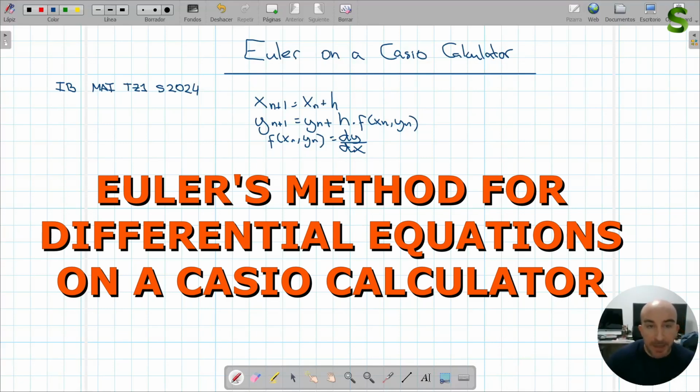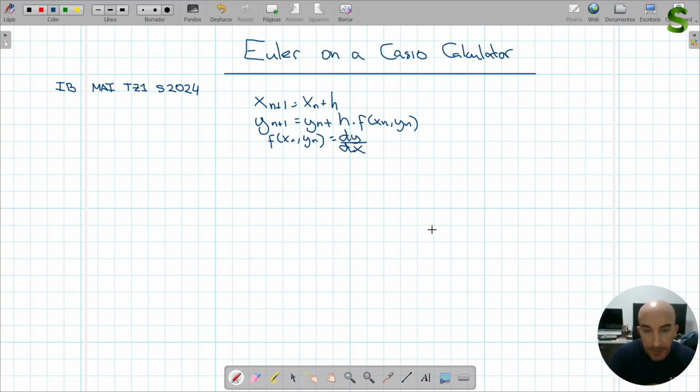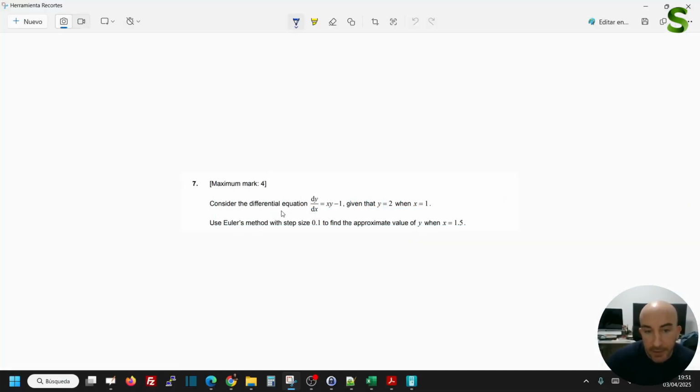So today we're going to explain how to solve the Euler method for differential equations on a Casio calculator, specifically for the IB high-level mathematics exam. In this case, we're going to solve the Mathematics: Analysis and Interpretation paper, time zone 1, summer 2024. In that exam, question 7 said, consider the differential equation dy divided by dx equals xy minus 1,